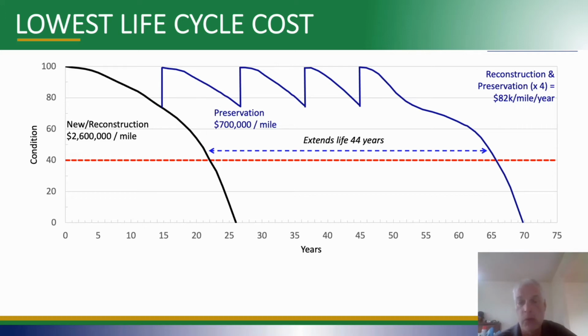So there comes a point where it's no longer cost benefit to keep doing preservation. But you might not have the money to do the replacement. You might try and squeeze another cycle out of it just to buy you some time. So that's what this is illustrating. And if I had more cycles on there, they would get less and less life out of each one, and the life cycle cost would actually increase from where the low point was. So you might not be able to hit that sweet spot every time, but there is a benefit to not trying to squeeze more preservation cycles out of it than makes it worth it.